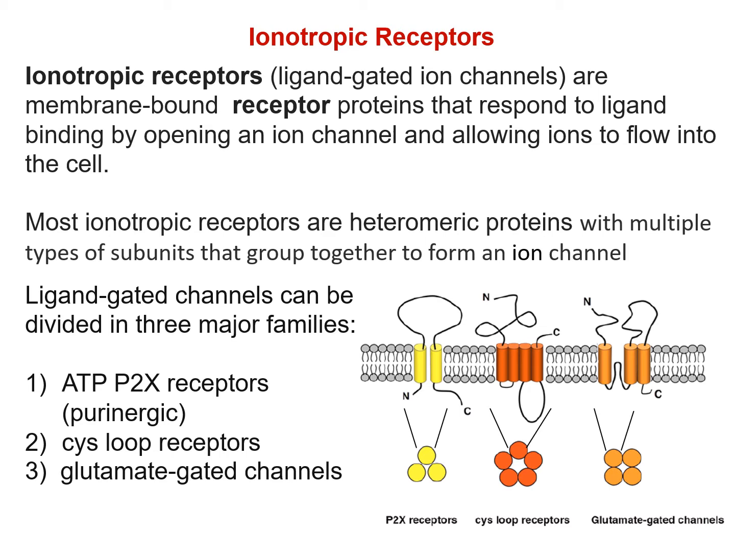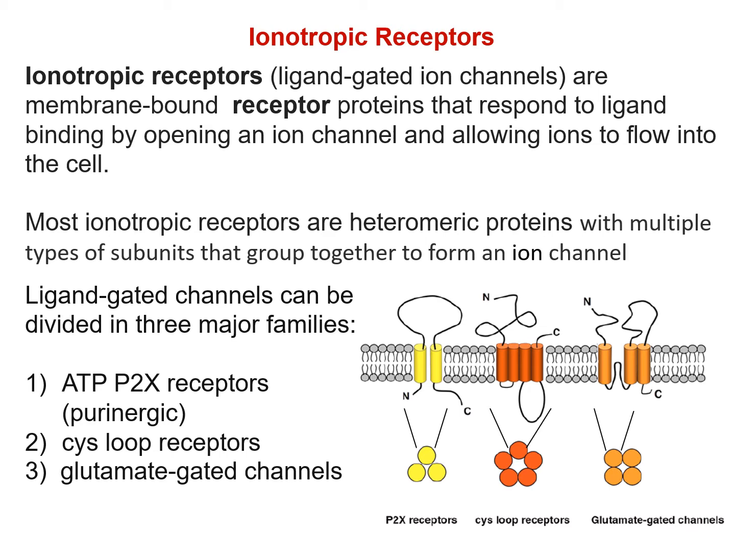Ligand-gated channels can be divided into three major families. There are the ATP P2X receptors, also known as purinergic receptors. The second family is the Cys-loop receptors, and the third family is the glutamate-gated channels. The first family, the purinergic receptors, are composed of three subunits. Each subunit is a protein with two transmembrane domains, and both